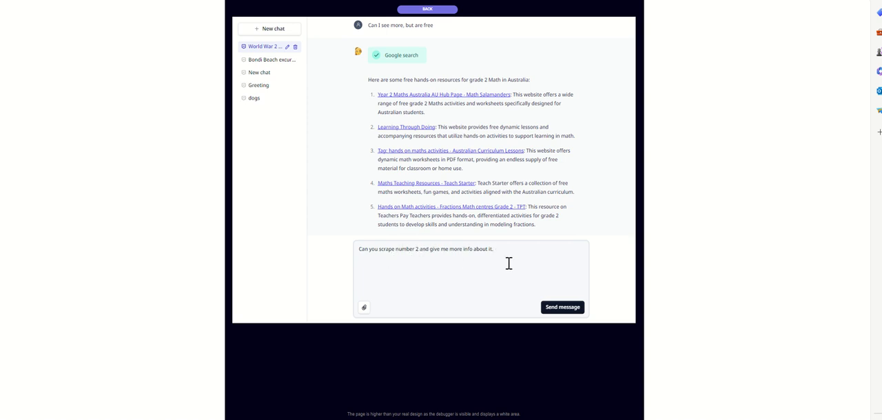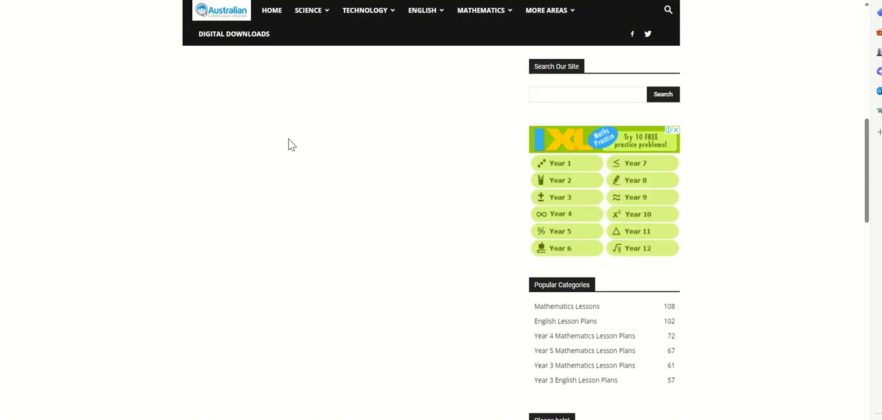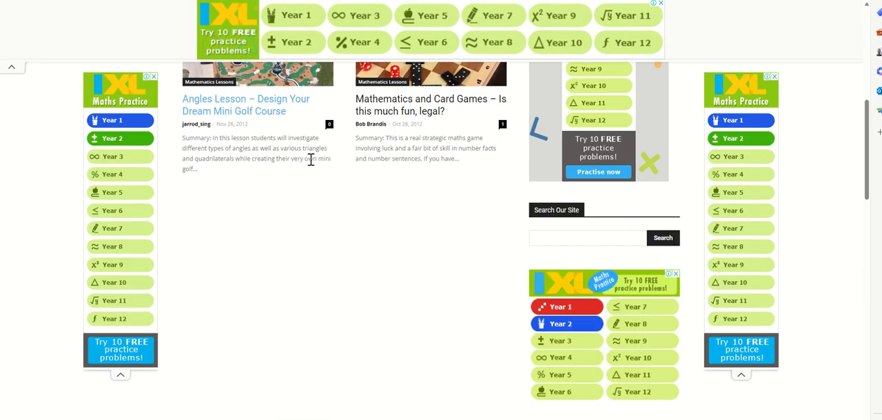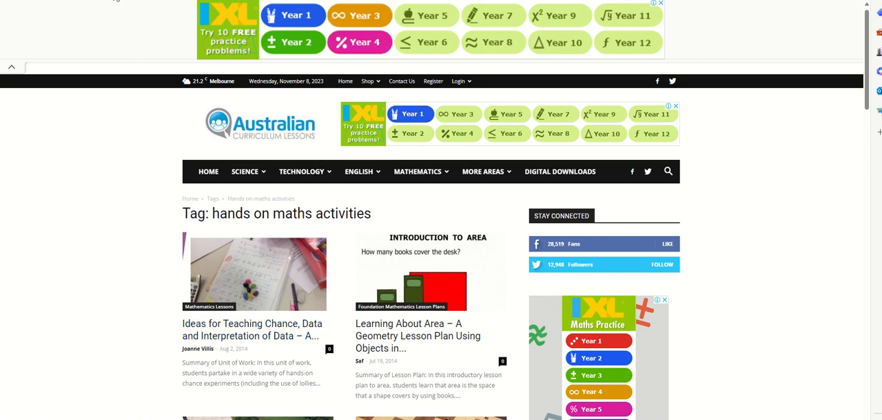So we're going to change that to number 3. A scrape is where it's going to read the text that's written on the web URL. So it's going to navigate itself to item number 3 and read everything on that page. So I'm just going to open that. Everything that's on this page, it won't click the links that are here, it'll read this page,